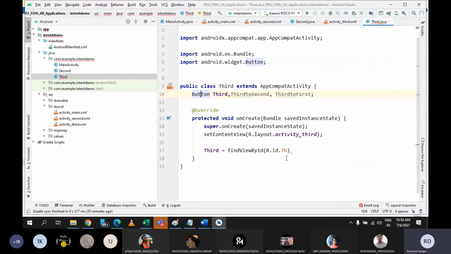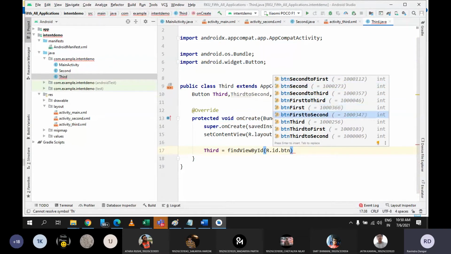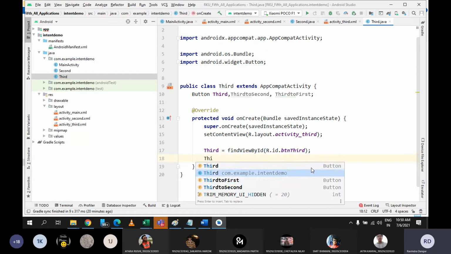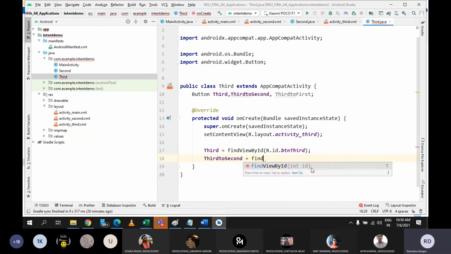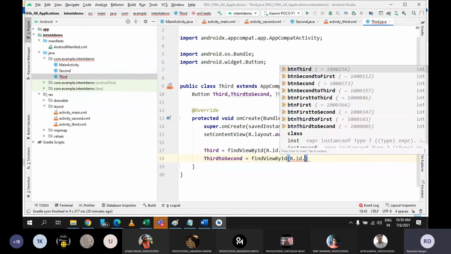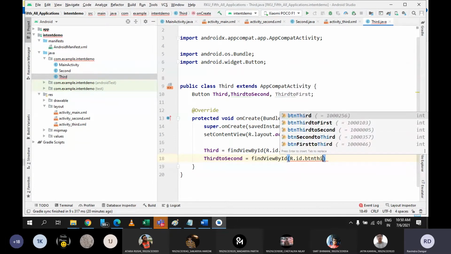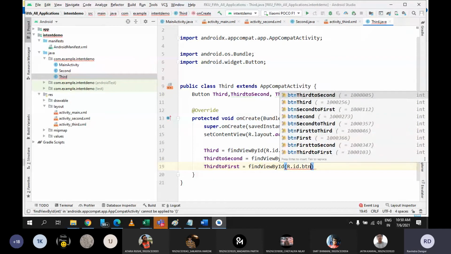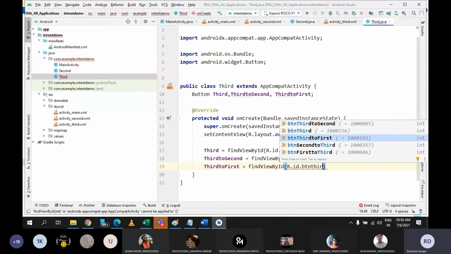Yeah, and let me go to the third, and here let's find the ID of the third button, which is BTN third, then third to second is equal to findViewById R.id.btn third to second, and the last one is third to first equal to findViewById R.id.btn third to first.